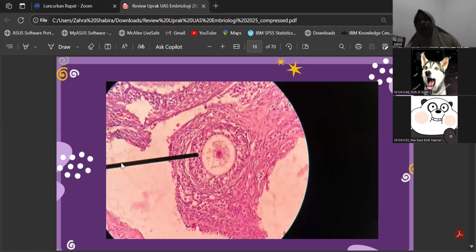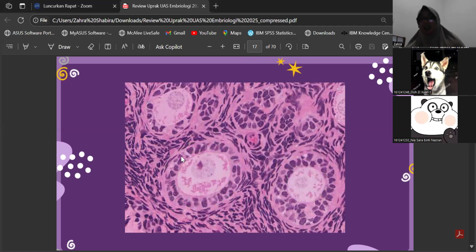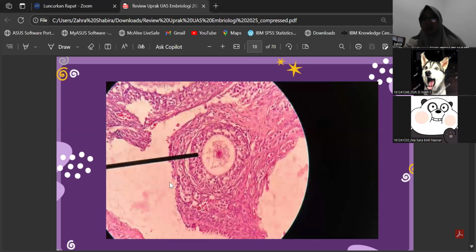Now this one, pointed by this black arrow, this is all of it, secondary oocyte. So primary oocyte only has one layer of cumulus, and each cumulus cell becomes like a square or triangle like that. Now in this secondary oocyte, the cumulus develops around 2 or 3 layers over here. So if I color it, wait a minute. Beginning from the oocyte, here I'm drawing the oocyte size, and there is the DNA over here, and then next one